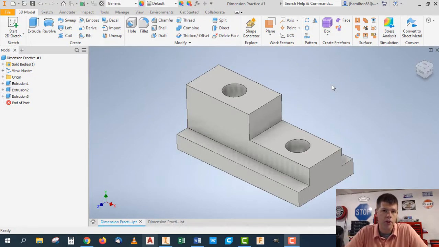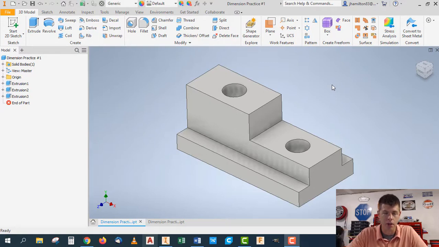So we've been working for a number of sessions now on trying to put all this stuff together. We talked about traditional technical drawing. We've talked about a lot of parametric sketching, some 3D creation tools. We talked about in session 6 the rules for dimensioning a drawing and creating drawings. And now finally we're going to take it and put it all together, and we're going to make our first